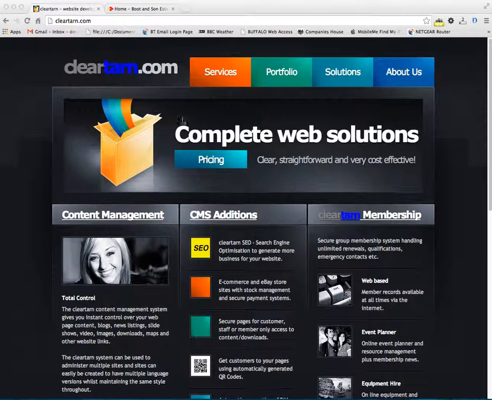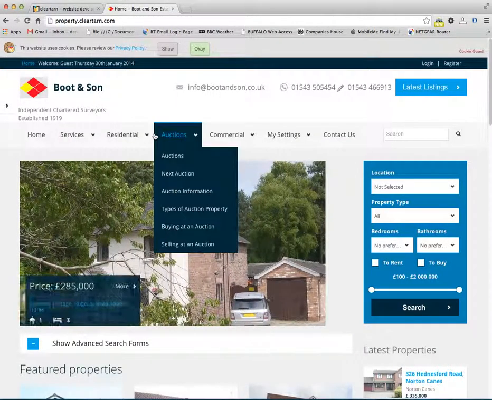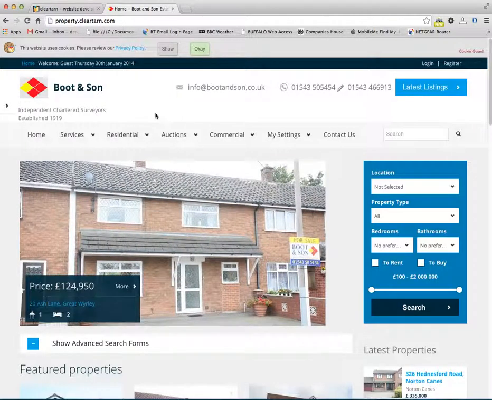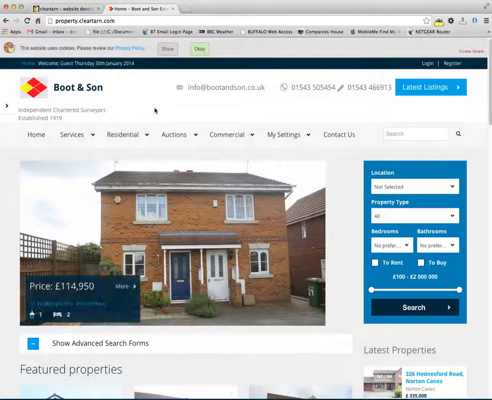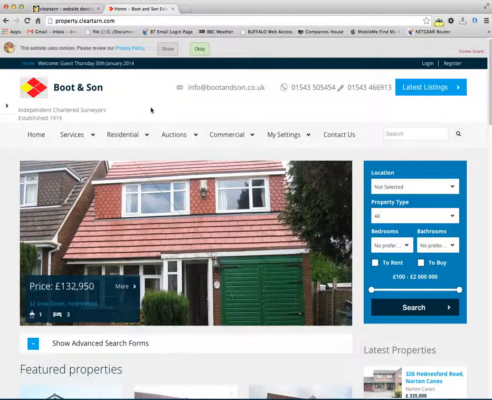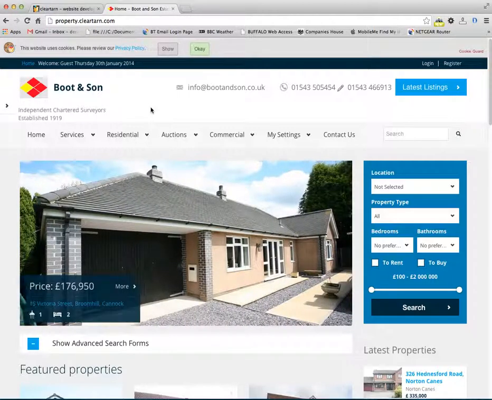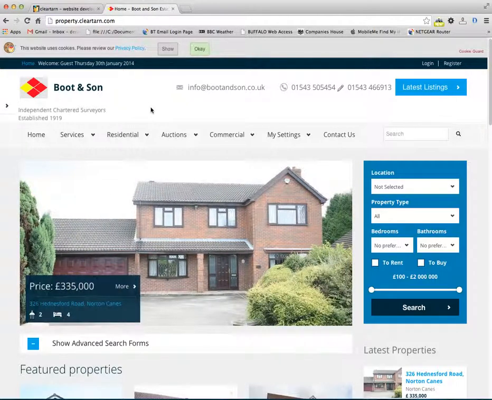So if we go straight away to our demonstration site, what you can see here is the system set up with a particular look and feel to it. If I explain briefly how the system works, it's a content management system which has attached to it a property management system, a news system, a video system and a blog system, and they all integrate seamlessly in the administration system. And over the top of the database which holds all of this information, we have effectively a template front end which can be configured to give you the look and feel that you require for your particular estate agency